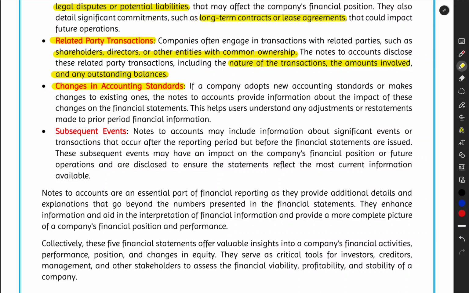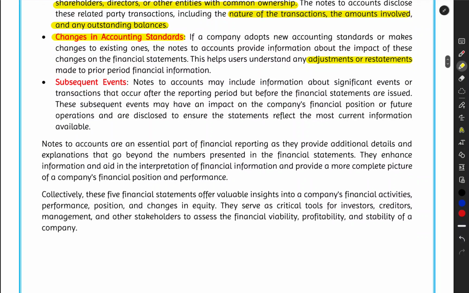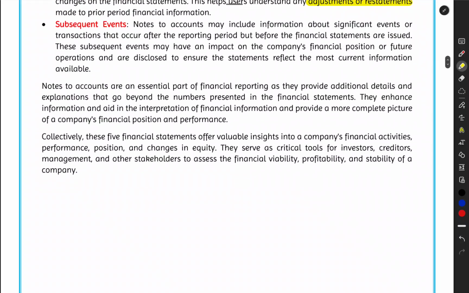You must tell your shareholders, see, we have changed the method of preparation of financial statements. Earlier we were using these accounting standards, now we are using some other set of accounting standards. You must inform that to the shareholders. Sir, why is it required, sir? Because then only they'll be able to understand any kind of adjustments, any restatements, recalculations, remeasurements. Why are they done? Because you are changing the accounting standards. Then shareholders will understand, oh, okay, this is why this particular change happened. And according to me,